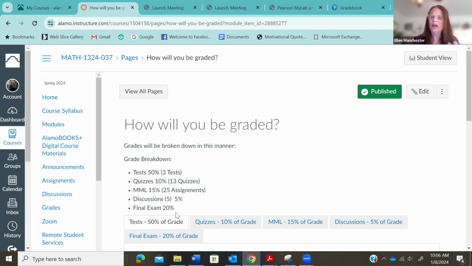you have the option of setting up an off-site testing center. So for instance, if you live in New Braunfels, you can go to the Northeast Lakeview campus. So you can go to other campuses. It is your responsibility to set that up. And then you have to contact me. You have to tell me where you're going to take it, what day and time, and then the proctor and the email, so that I can get the information to them so that you can take your final exam.